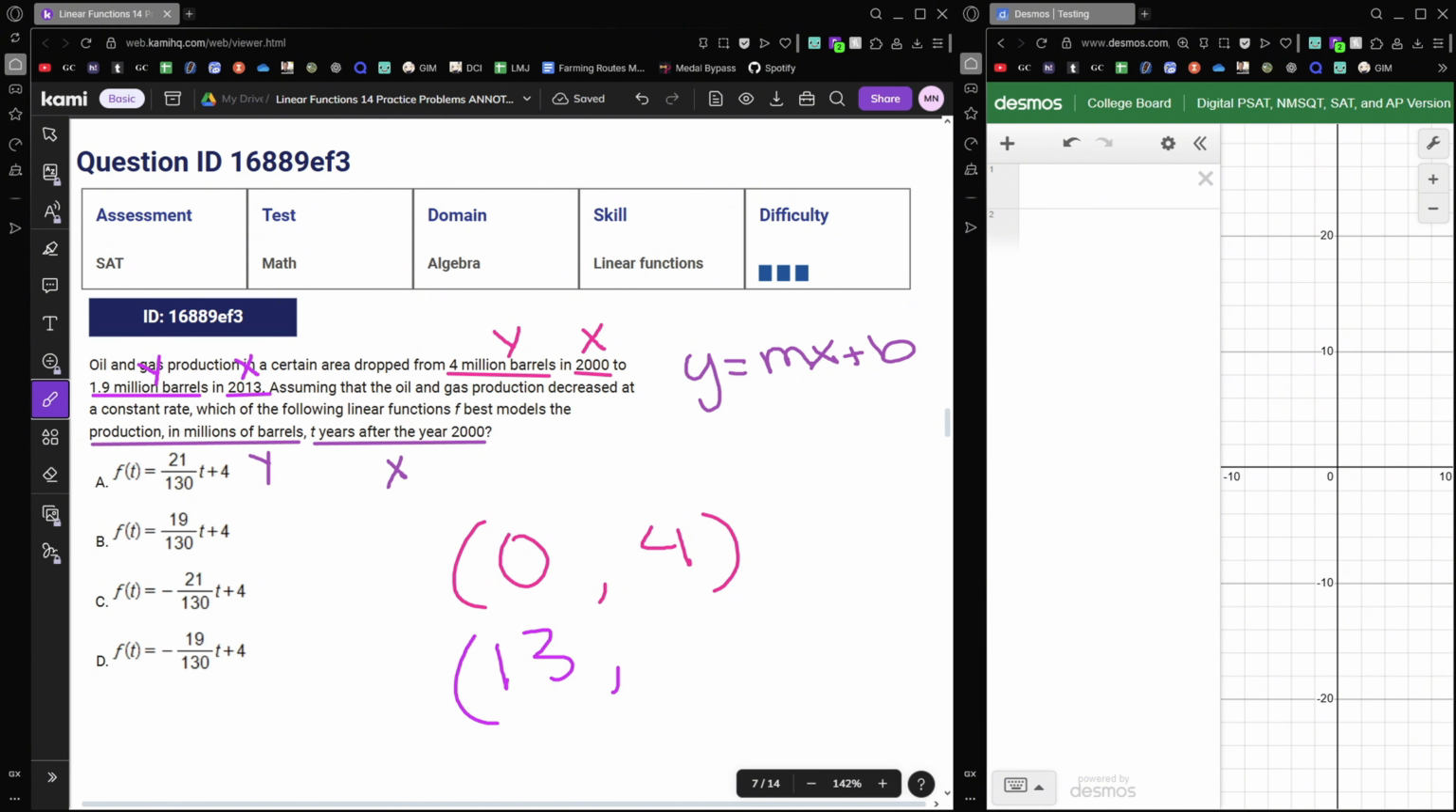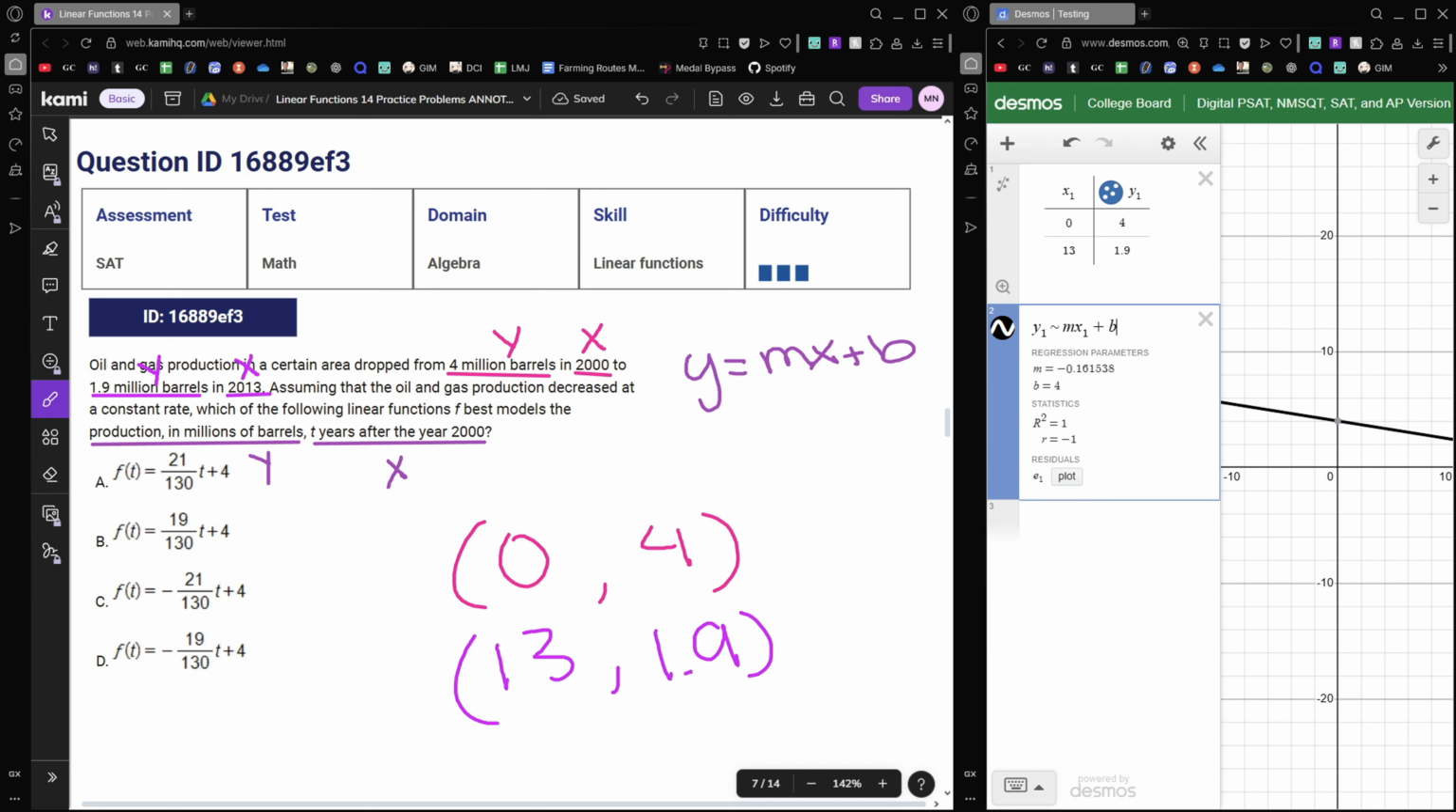And for the y value, the production in millions of barrels, there's 1.9 million barrels, so we would just put a 1.9. Now to write our equation, we can just put this in Desmos and use regression. So first, you would click this plus sign in the top left corner to insert a table, and then put in your points. And then to write the equation, you would type in the regression equation, y1 tilde mx1 plus b. And we get that the value of m is that decimal right there, and the value of b is